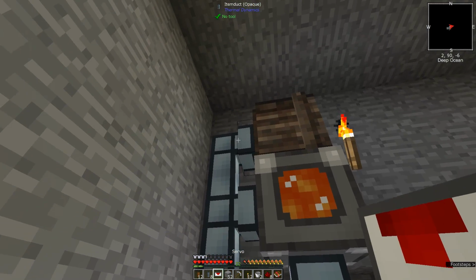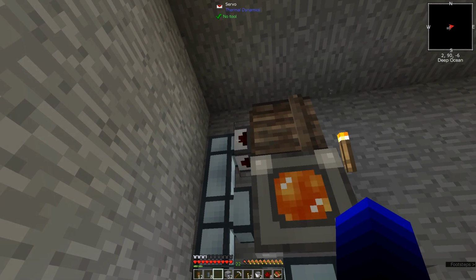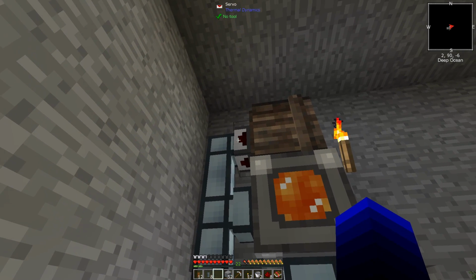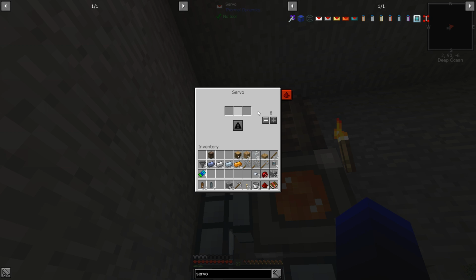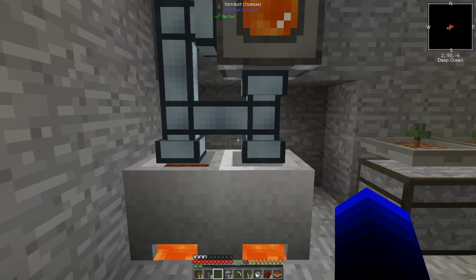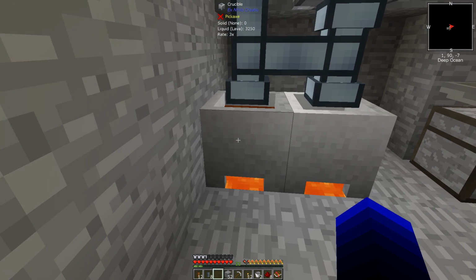Pound for pound, cheaper. So what you do is you'll right-click one of these little junctions, and then with an open hand, you can right-click on it again. And it'll give you like a blacklist, whitelist. And the bigger servos have, you know, more customization and all that. So we're going to turn off redstone control. So it will now automatically pull out to put...